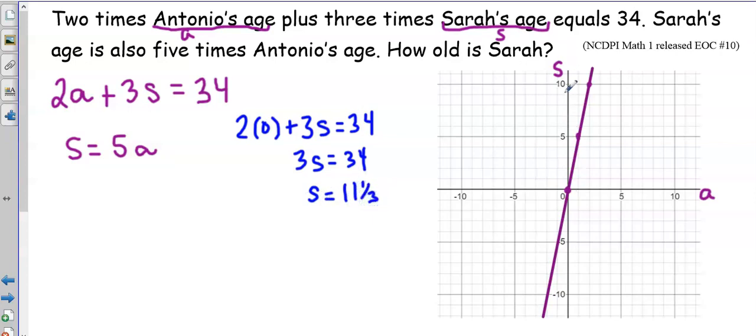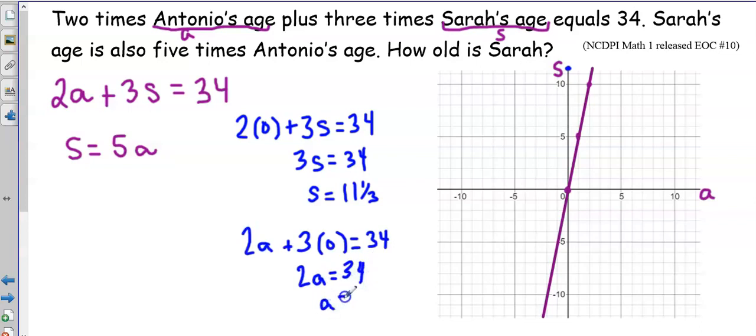So my S-axis here, I'll go 11 and 1/3 up there. And then I'll find my x-intercept. So I have 2A equals 34, and I divide both sides by 2, and I have A equals 17, which would be over here. So I'm off my graph, which is unfortunate, but I can go ahead and draw my line,